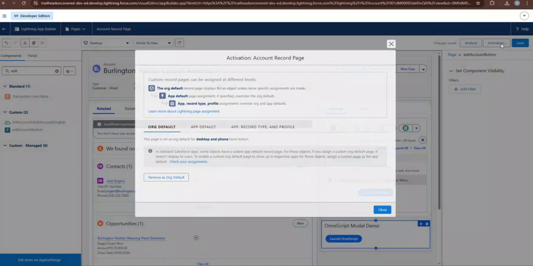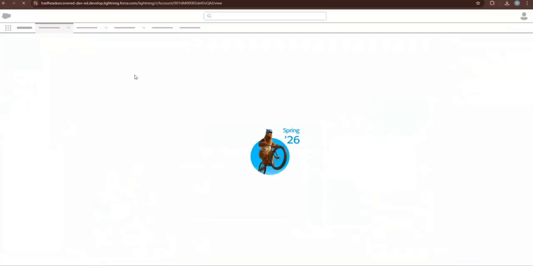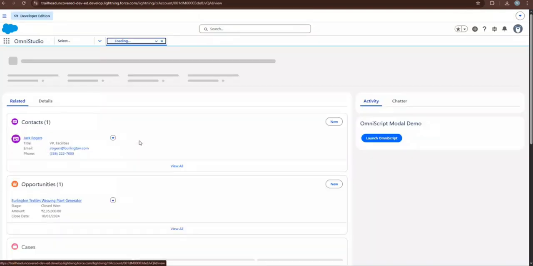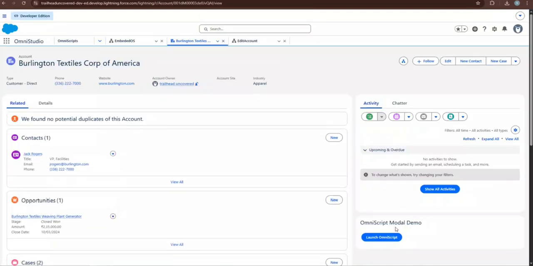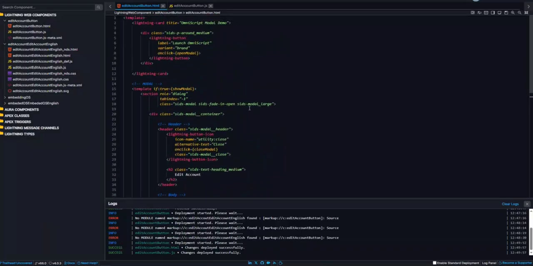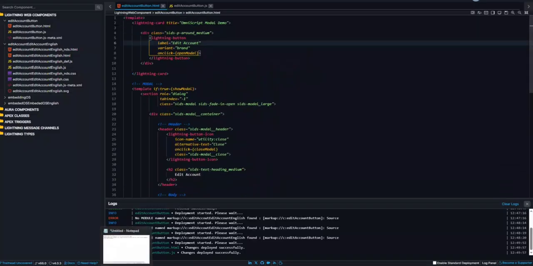and activate this. Let's see if our LWC pops up here or not. Okay, so here our LWC, let's give some meaningful naming conventions to this. The label would be edit account,